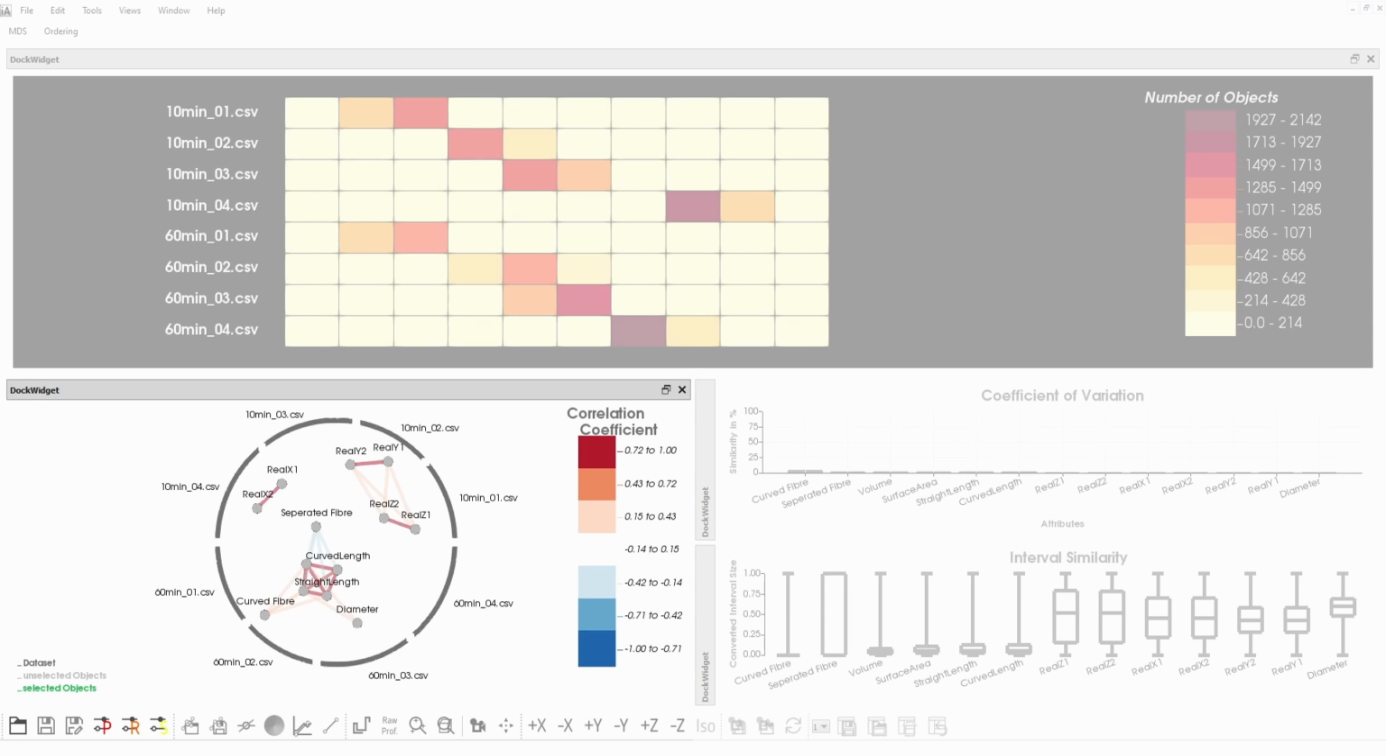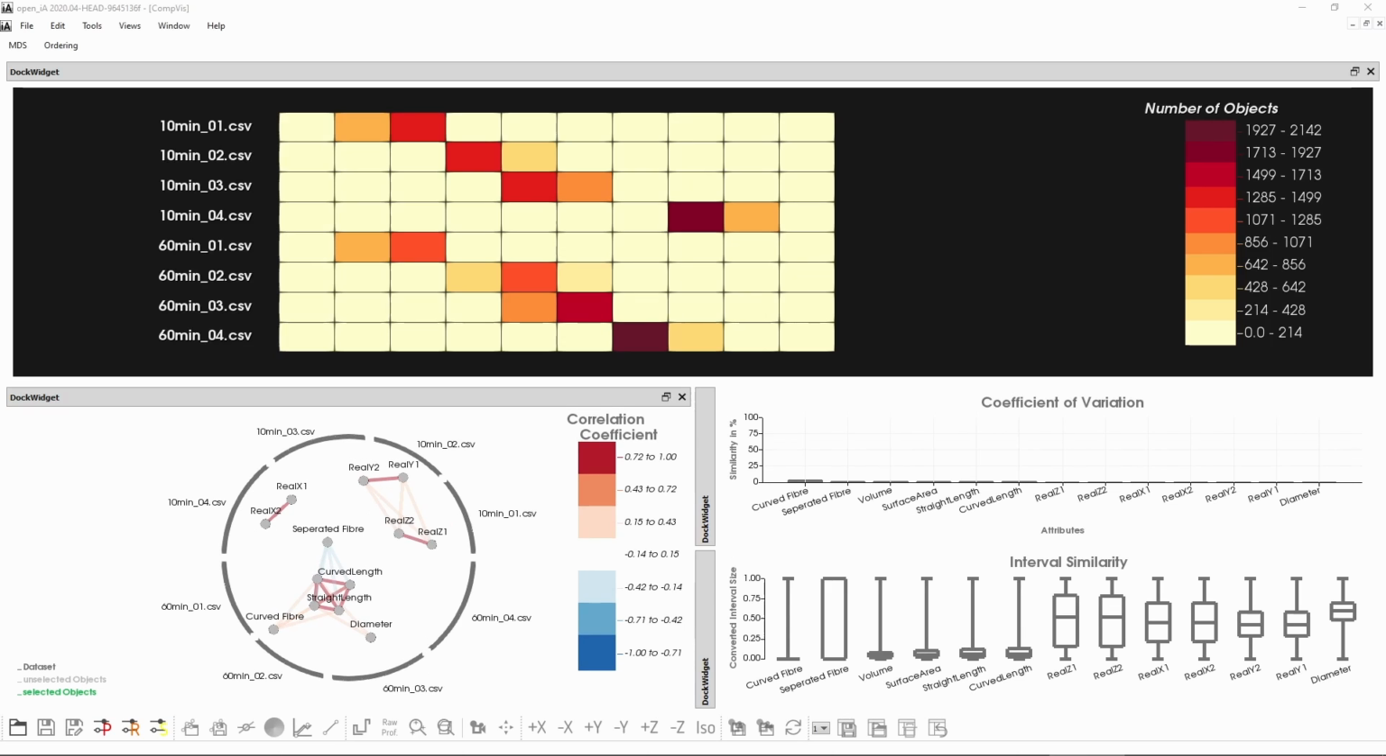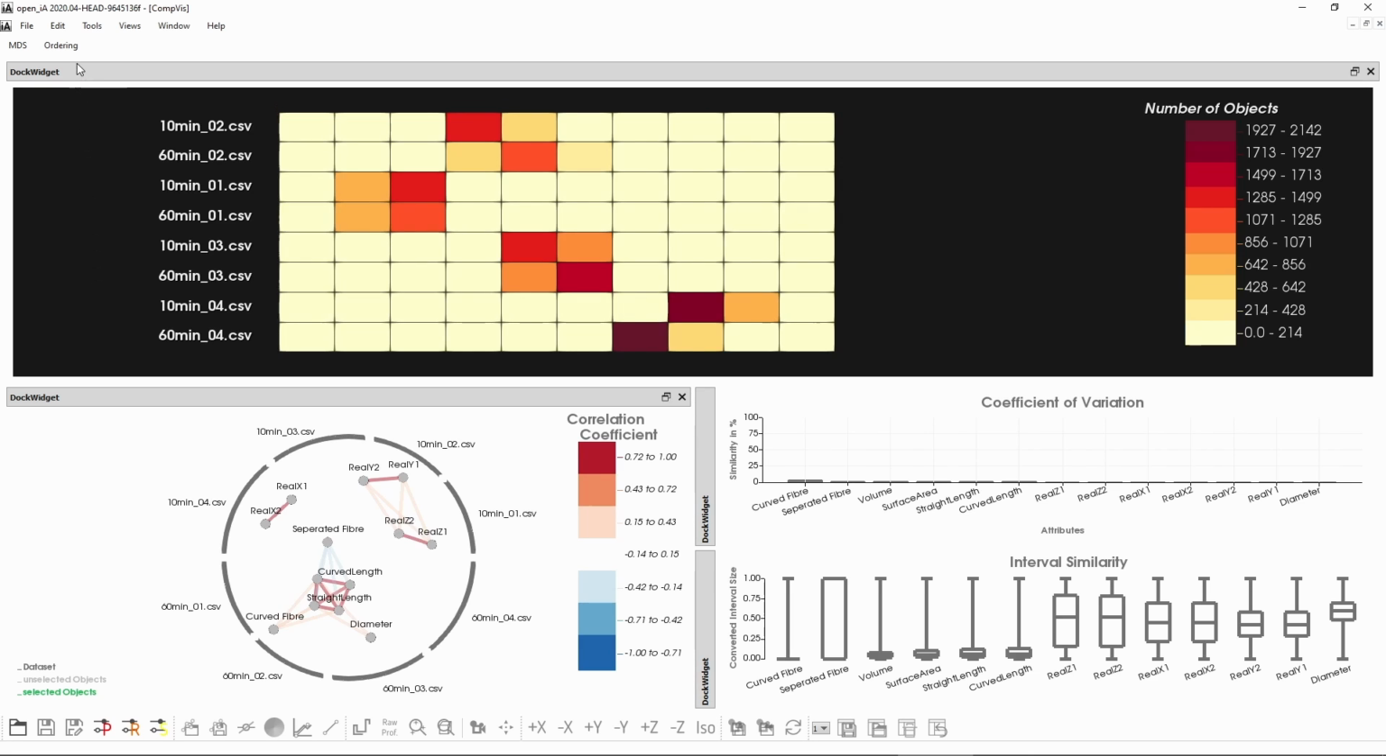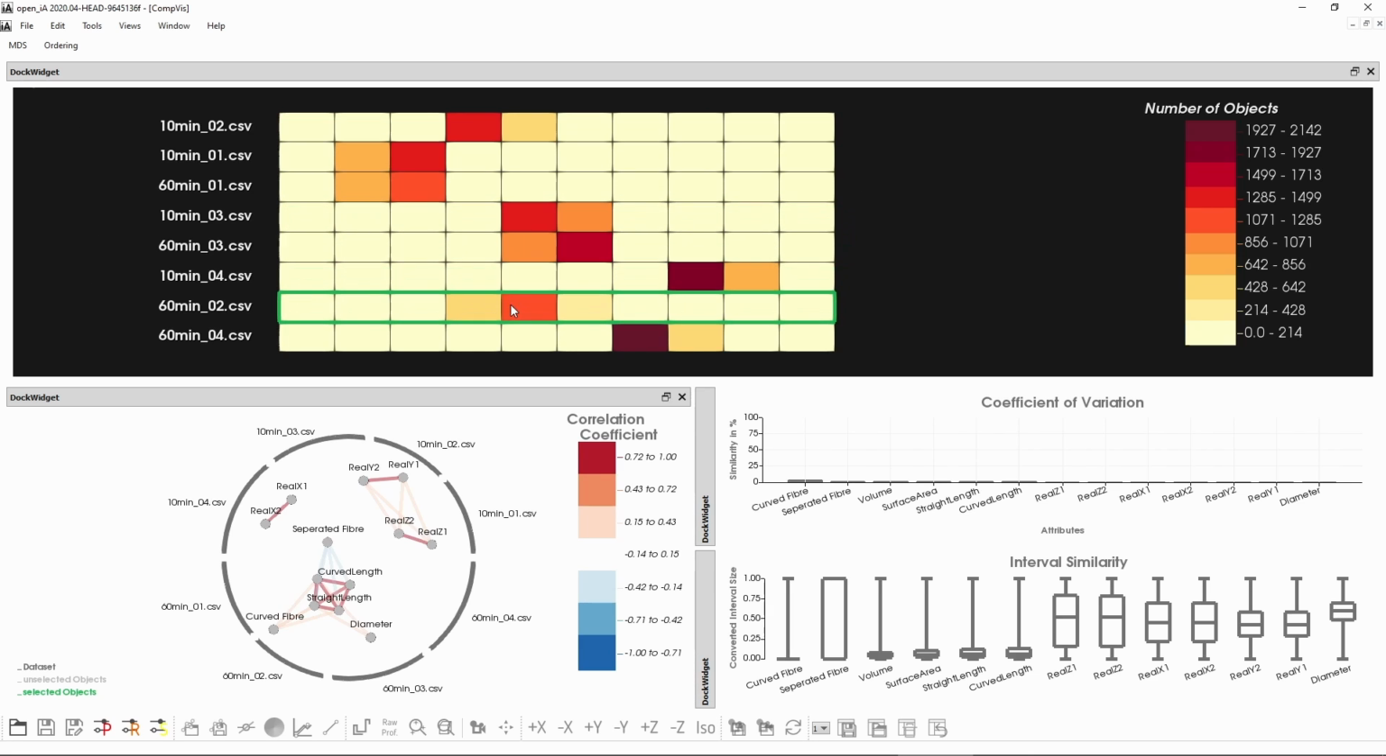In the correlation map, we can perceive the pairwise correlations of the characteristics. Here we can see the start and end values of the fibers are positively correlated. To examine the ensemble, we can first order the datasets to find out which contain the fewest features and which contain the most features. We can rearrange the data manually,